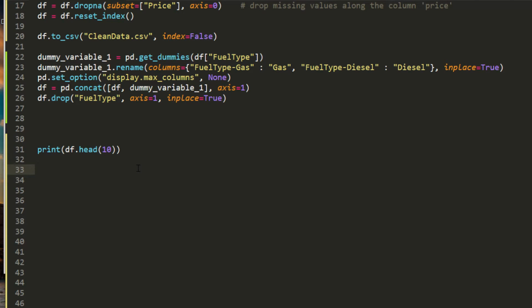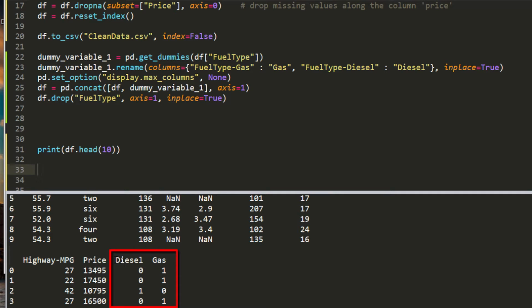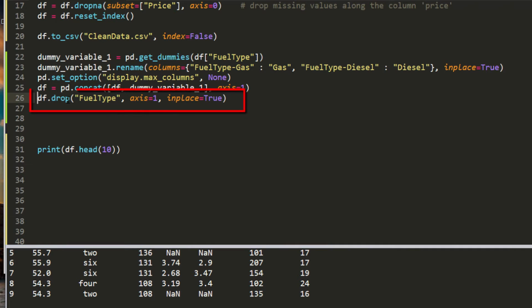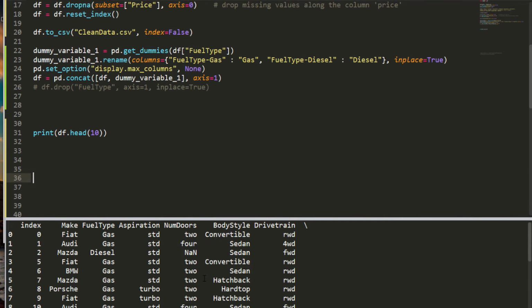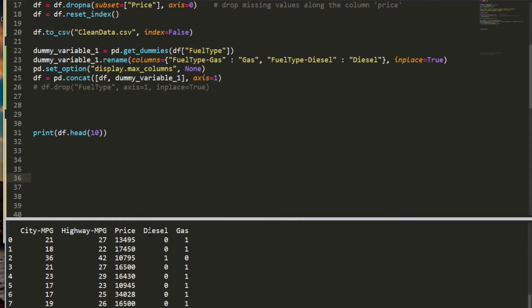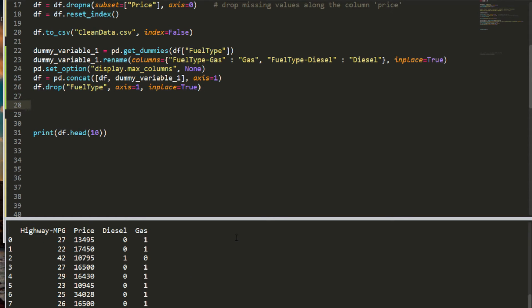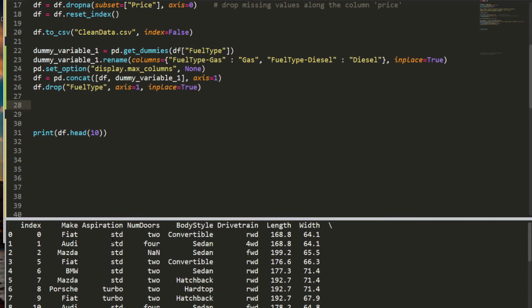So if I run the code, hit Control B, you'll see that I created two columns with diesel and gas. But let me show you step by step how I created it. I'm going to uncomment this one line of code and run the code again. Hit Control B. Let's go up. First of all, we have fuel type here, gas and diesel. And if you go down, we added diesel and gas, and we give 0 and 1 for each. Now this code here will replace this column with these two columns. So I'm going to uncomment this one and hit Control B again. Now the fuel type disappears from the data, replaced by new columns of diesel